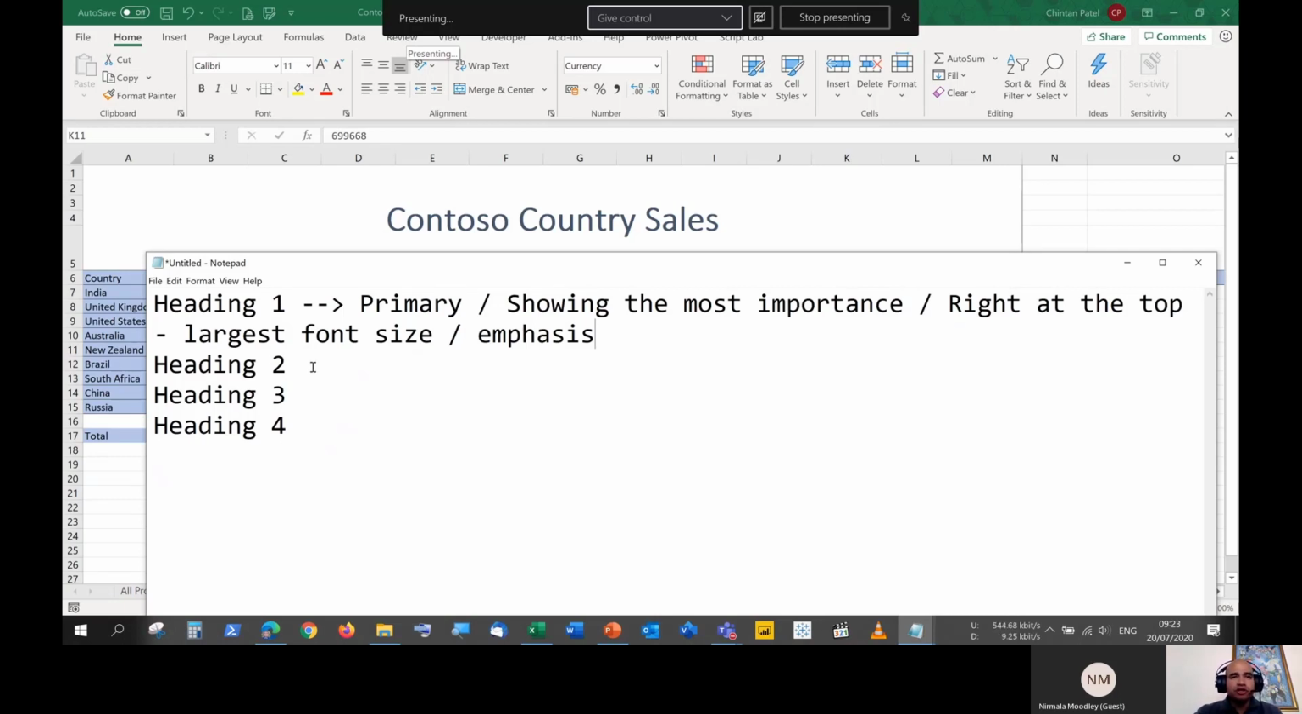So heading 2 is secondary. The next level of importance, right? It's after heading 1, slightly smaller font size, slightly less emphasis. So it goes from heading 2 all the way up to heading 9. Right? So we activate everything after heading 4 if we really need it. Usually, from the data I've seen, heading 4 should be sufficient. Right? It depends on the amount of importance you'd like to give to certain parts of your documents or